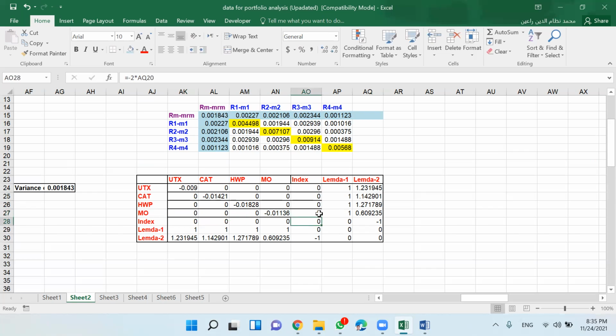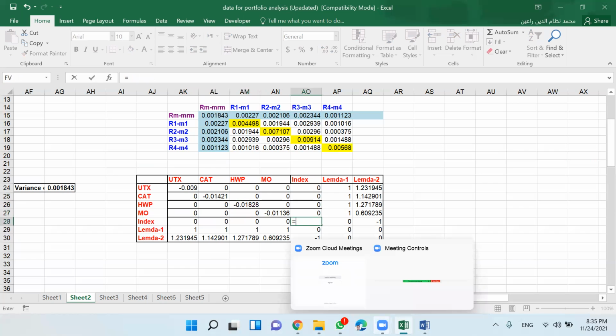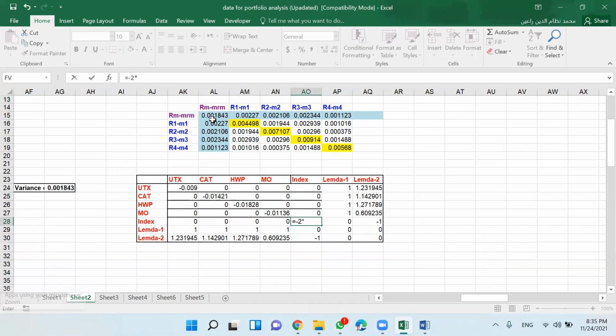Now, as for this, we put market here -2 multiplied by matrix, this variance of market, okay? Just enter, okay?